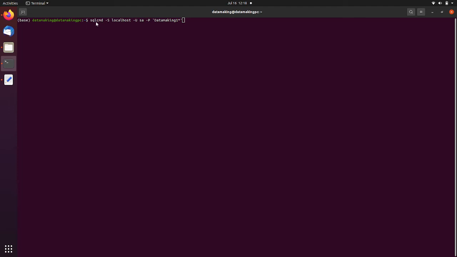So sqlcmd is the utility, space -S, give the host name. It is localhost because it is installed on the local machine. -U, the username is SA. For the password, you can provide -P, space, the password I set, which is DataMaking with a capital D at the start, and 1 star. Okay, so now it is able to connect to the SQL Server database